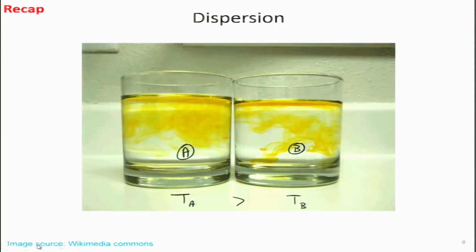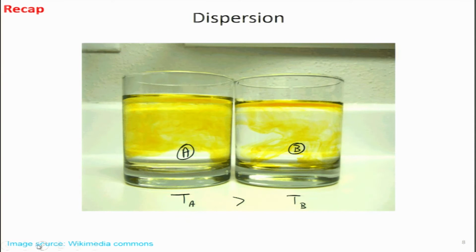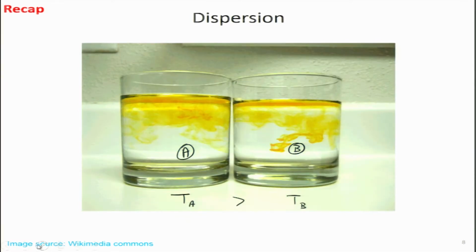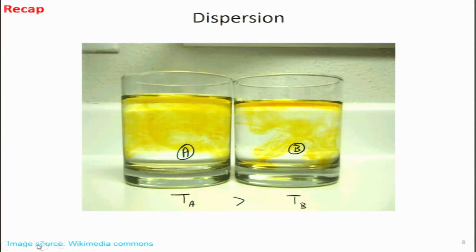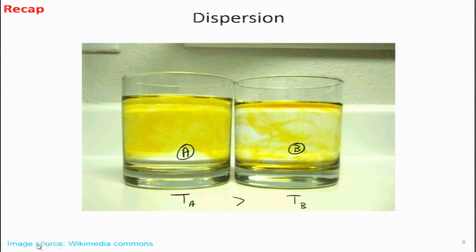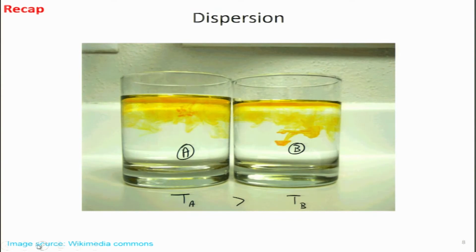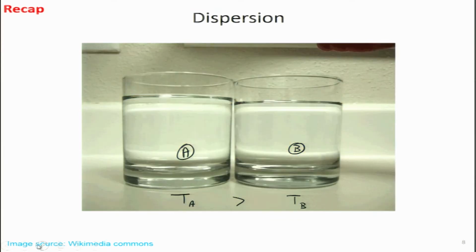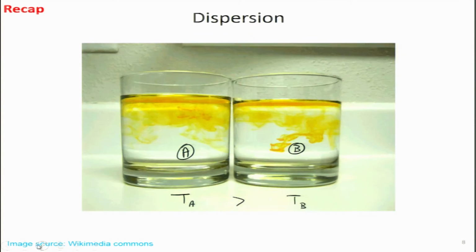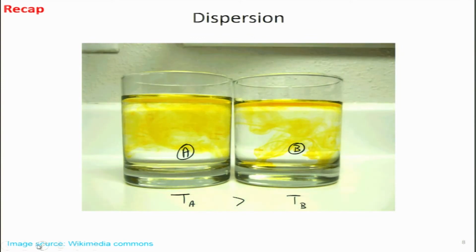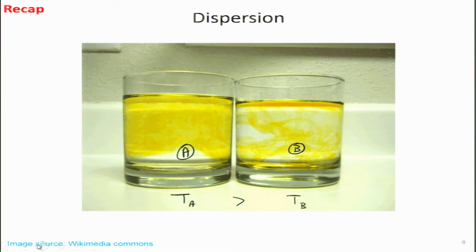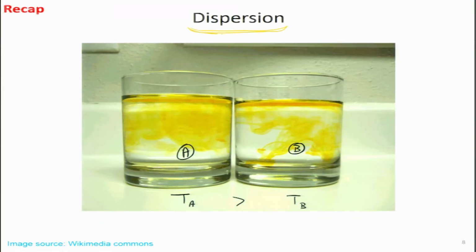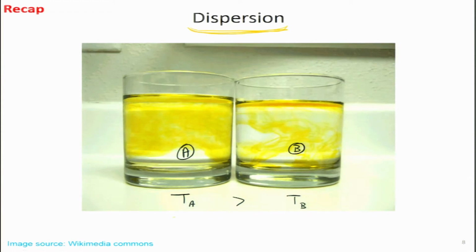And we looked at another image which was for dispersion. Over here I do not think any heat transfer or momentum transfer is taking place, rather the species transfer is taking place. Somebody has taken this video in which they add yellow color edible dye to 2 glasses of water, and we can see the rate at which it mixes is much higher in A compared to B.